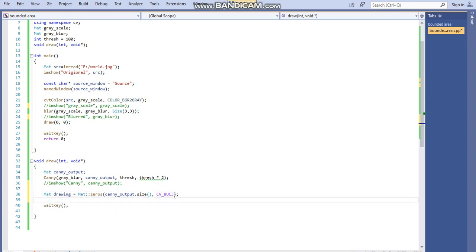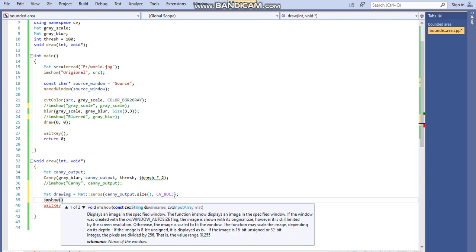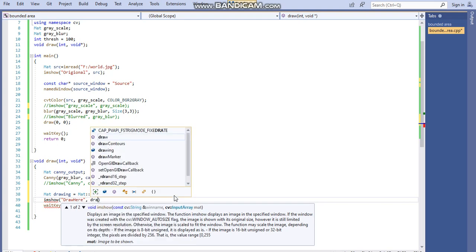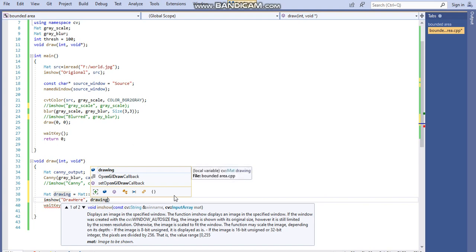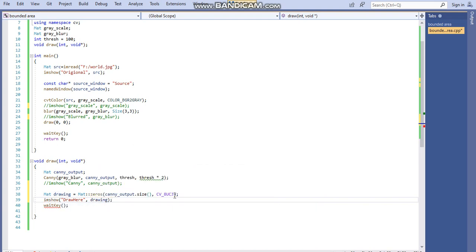Drawing is ready. Suppose you want to show the image: imshow, and then say Drawing here. Let's see how drawing looks. This is the source window, and I am marking it like that because this is the black window. We'll use this.